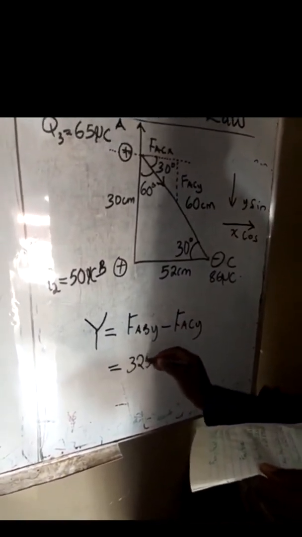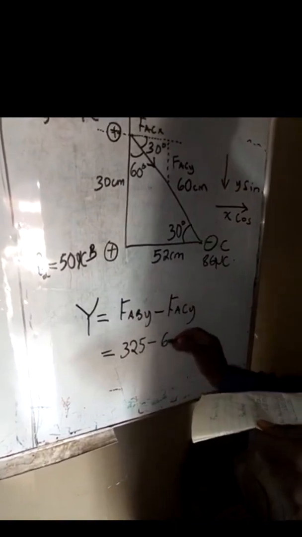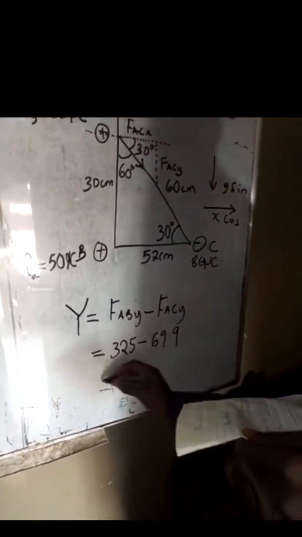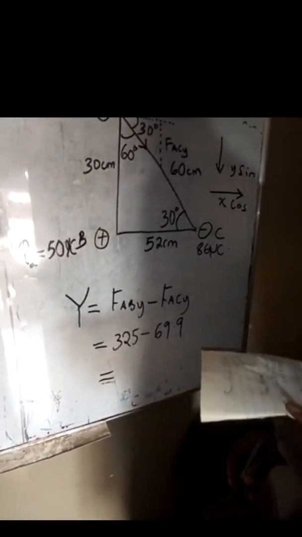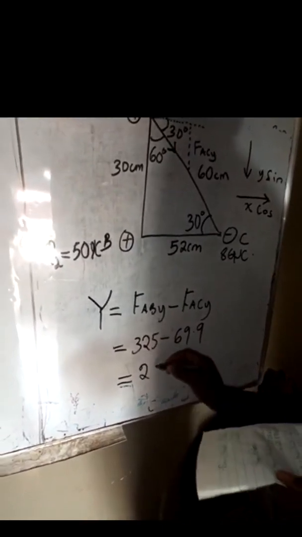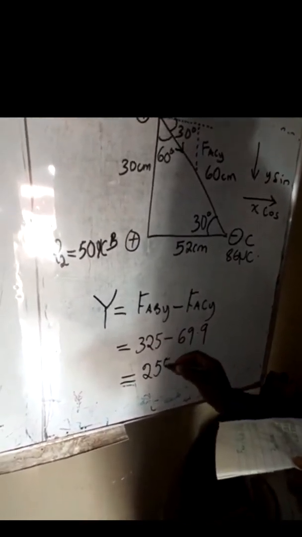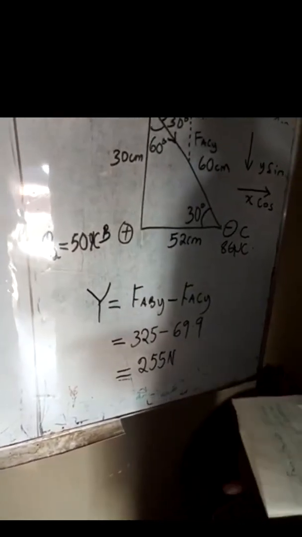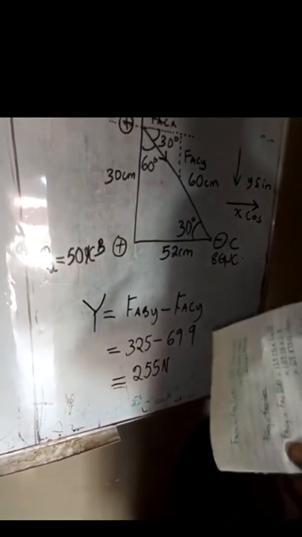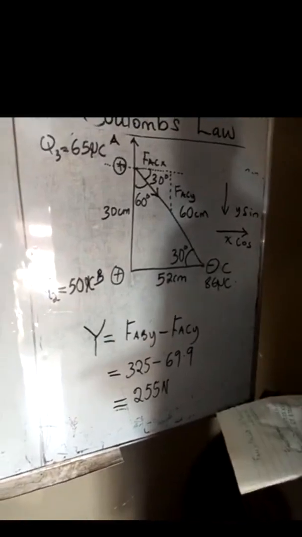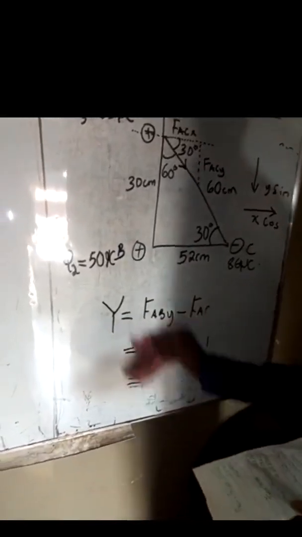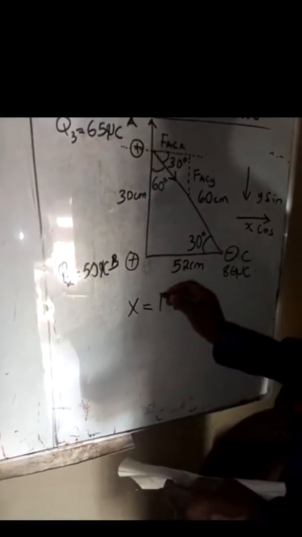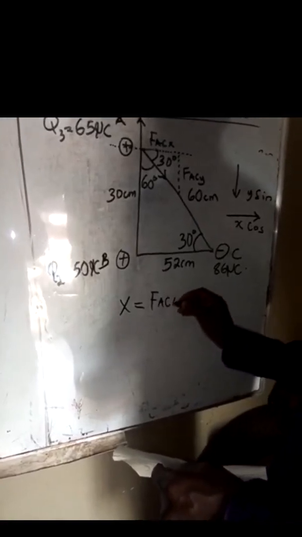So that will be 325 minus 69.9. So what will your answer be? Your answer will be 255, let's say 255 Newton. I don't know, if you use your calculator, your answer will be 255. That is your y component. Now the x component is going to be the FACX value,